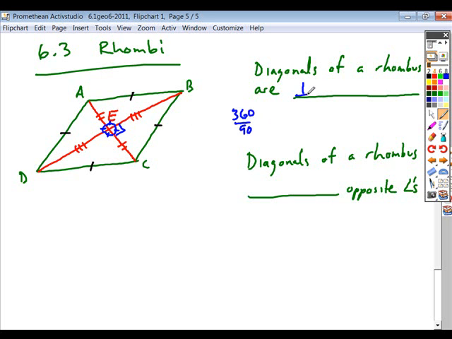Now, because we already know it's a parallelogram and the diagonals bisect each other, we could expand this to include the fact that they're all perpendicular bisectors of each other. But the bisector is already inferred by the fact that it is a parallelogram. Now, at the same time, if you look at all of these triangles,